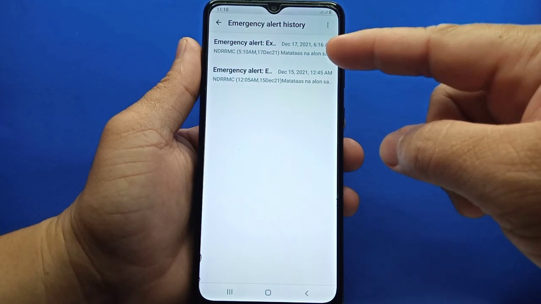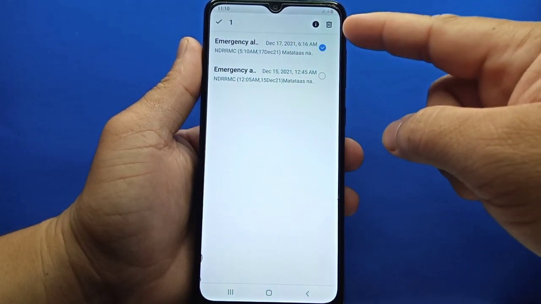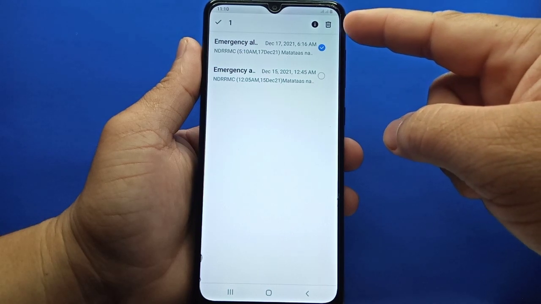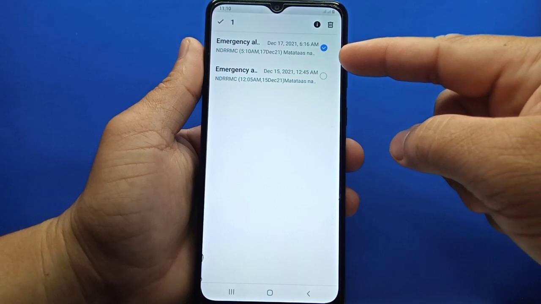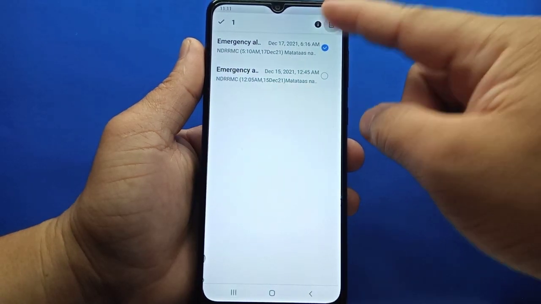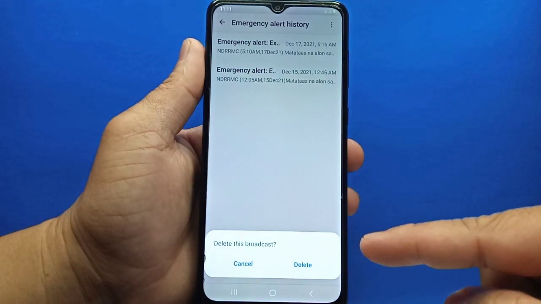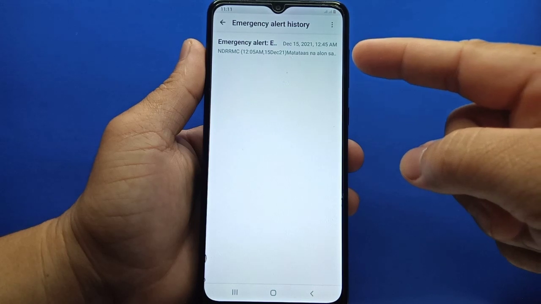To do that, all you have to do is press and hold the emergency alert. And you can see the delete icon on the upper right side of your screen. To delete this, tap the delete icon on the upper right side of your screen. And the pop-up below is shown, and you tap the delete button to delete the emergency